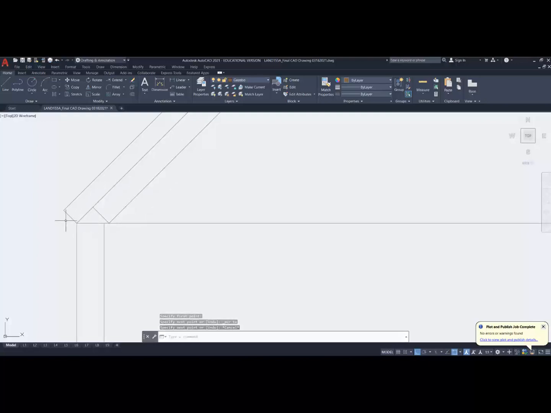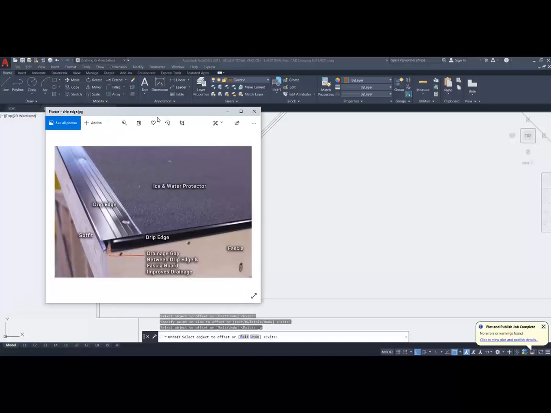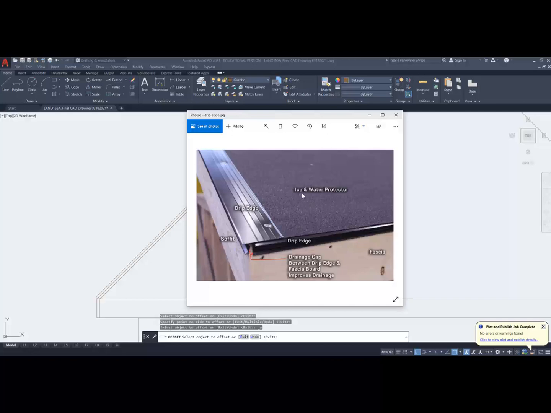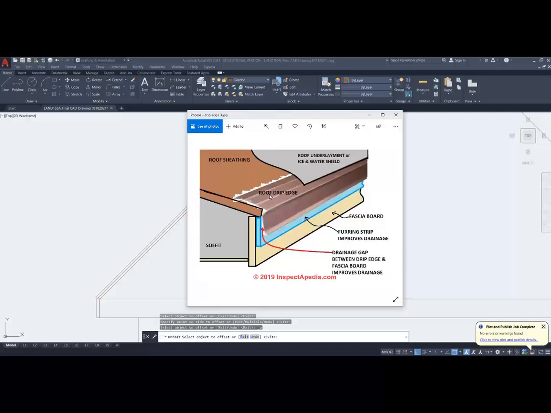We actually put in a piece of metal that is specifically designed to do this. It's a drip edge, and it's designed to cover this configuration so it's nice and clean. So let me show you what a drip edge actually looks like, and you can see it right here. Now, they've placed it on top of the ice and water shield, which is, in my opinion, incorrect, because the ice and water shield should come right to the edge of this and overlap the nails that you're punching through both. This is actually counterproductive. This is the proper way of installing it. You have the roof sheathing, you have the drip edge,